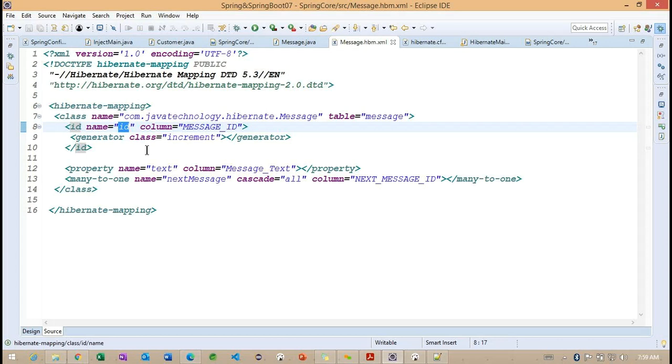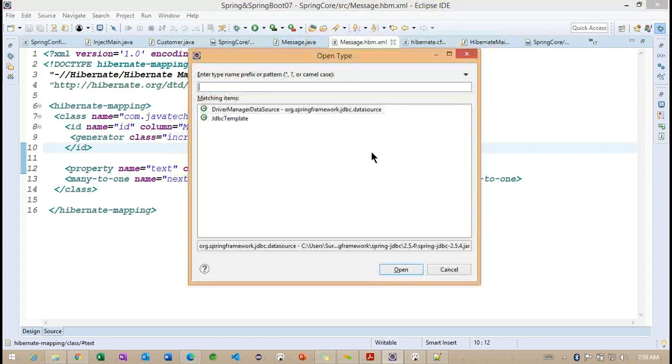Getting the point. If we are trying to provide the Java class data type here, we need to understand how the database column data type is converted. Without specifying anything here, how is it converting? It converts using the user type and the identifier generator. Using these two, let's provide.